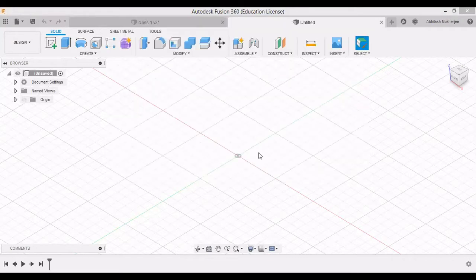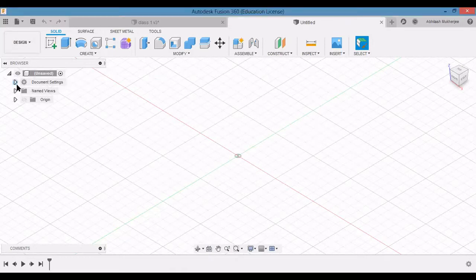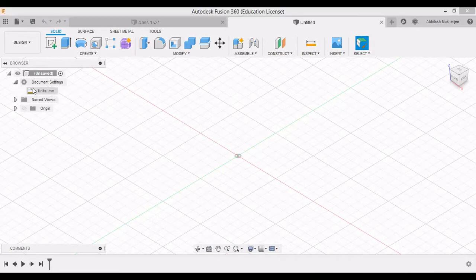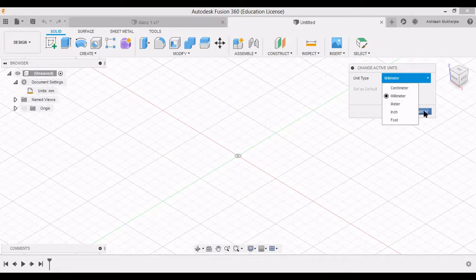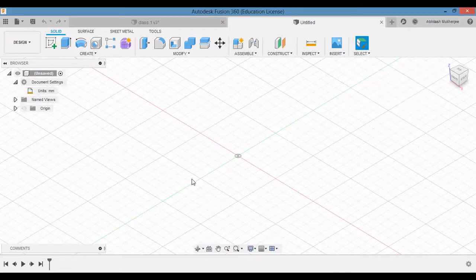Then the first step that we are going to take in making this tweezer is, at the very beginning of every drawing, to check the units. Check the unit means from here you go to document settings, you go to this unit and take it in. If for this drawing we are taking millimeters, you can change it to inch or whatever you want. Then there are two panels, one is for 2D sketching and second is for 3D.